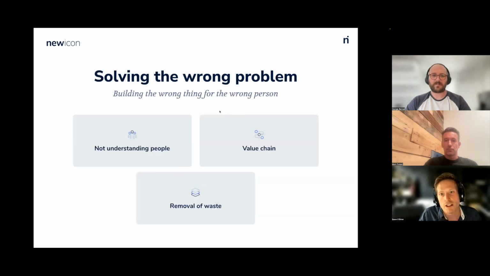So, solving the wrong problem. When you build an application, lots of the time people build it for completely the wrong thing. They don't understand the people, or they don't understand the customer and the user. They're not benefiting everyone in the value chain. So you might have the fancy dashboard for the CEO, and he's got his numbers, or he thinks he's going to get his numbers. But what you've done is burden somebody else in the organization with loads more admin work. You haven't made their life easier. And that's obviously going to fail because the project is underpinned by, and needs, that data in order to be successful. So it's really about understanding and providing benefit to everyone in that value chain.